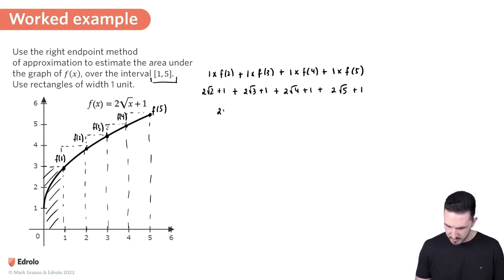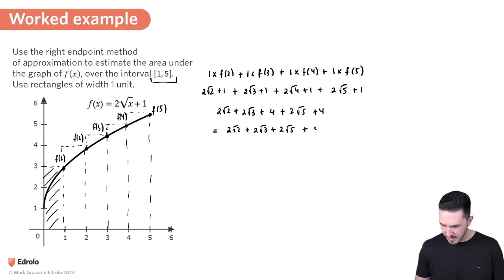So it's going to be 2 root 2 plus 2 root 3 plus 2 root 4, which becomes 2 times 2, so it's 4, plus 2 root 5 plus 4. And then our final solution is therefore 2 root 2 plus 2 root 3 plus 2 root 5 plus 8